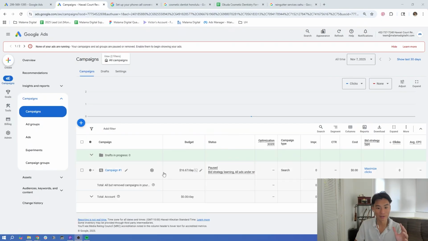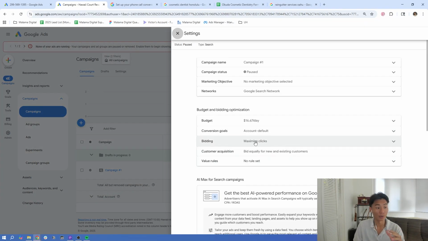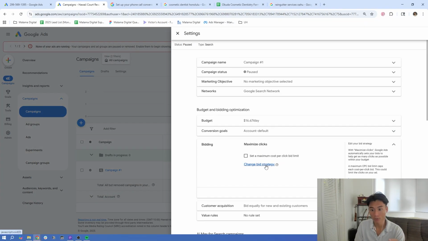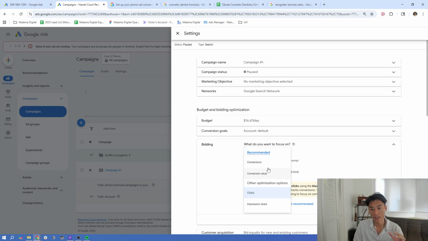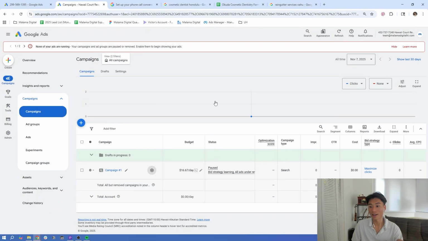Now, when we navigate to the campaigns, we're going to click the settings. And then from here, we're going to go to bidding where it says maximize clicks. We're going to change the bid strategy and change this to conversions. And then let's click save. Perfect. Now, when we exit out of this, we can see that we now maximize conversions and we can re-enable